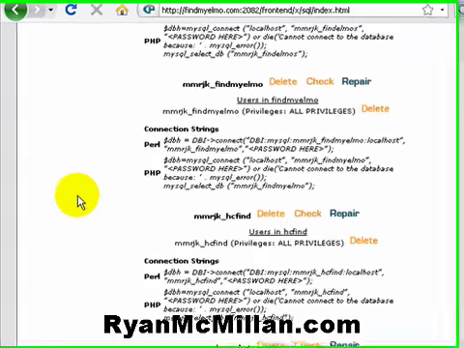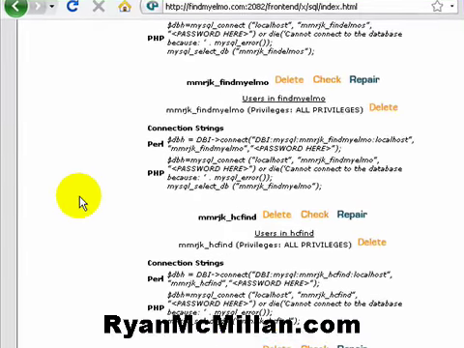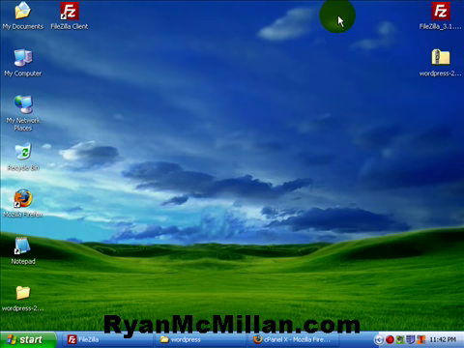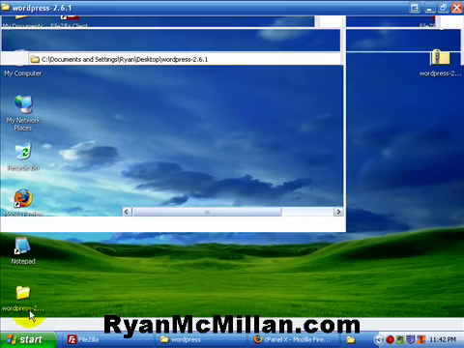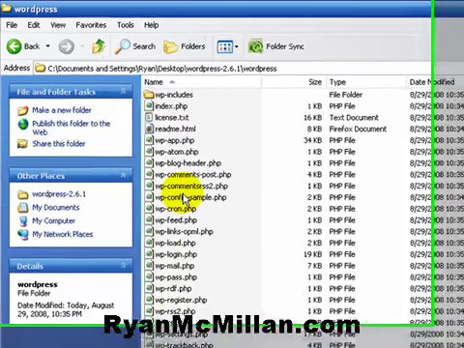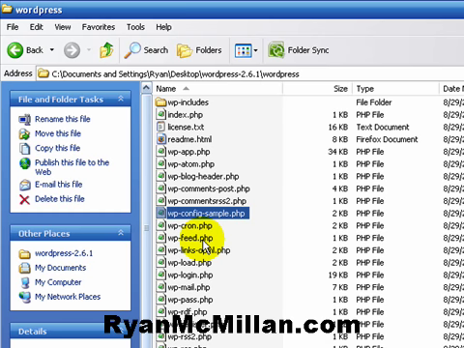Okay, now that we've created our MySQL database and user that will be allowed to connect to the database, we need to make some changes within the WordPress config file. These are some real easy changes. So basically what we need to do is open up that folder where we extracted our WordPress installation. We're going to double click on that, we're going to double click on that, and then we're looking for this